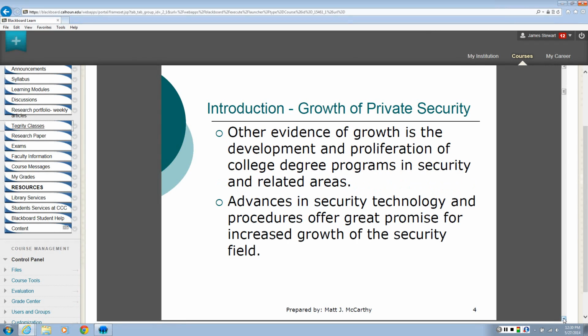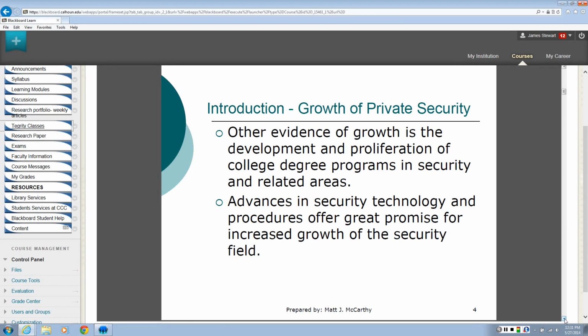We've even seen a lot of growth in career aspects of the security field. People are getting certificates in security at college. Believe it or not, you can get one of those here at Calhoun. We have a certificate in security. Hopefully it's going to be soon revised into a certificate of security management, so that people that decide to go into the security field, maybe they don't want to be a police officer, but they want to work somehow in the criminal justice field, so you go into security, and that way you'll be able to be promoted very quickly once you get that certificate or that extra education, so to speak.